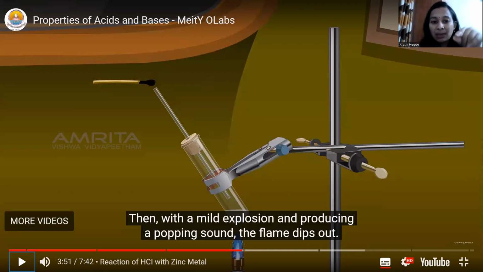And here the setup is slightly different. They have just taken a jet tube or a glass tube. They have not passed it through the soap solution. When we pass it through the soap solution, the concentration of hydrogen gas available for the test will be